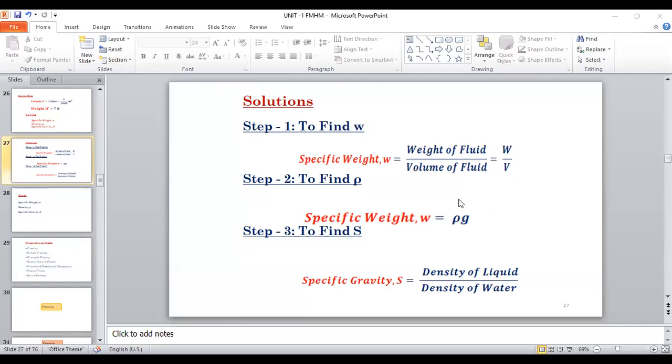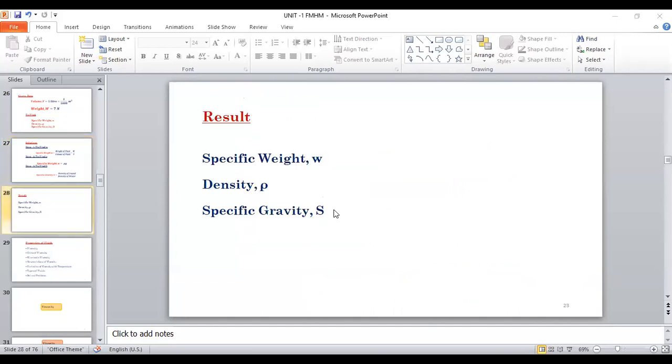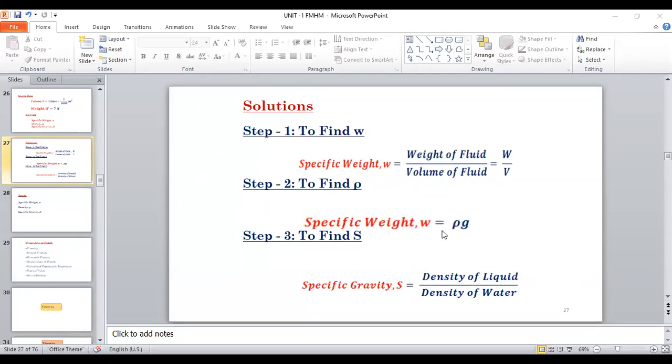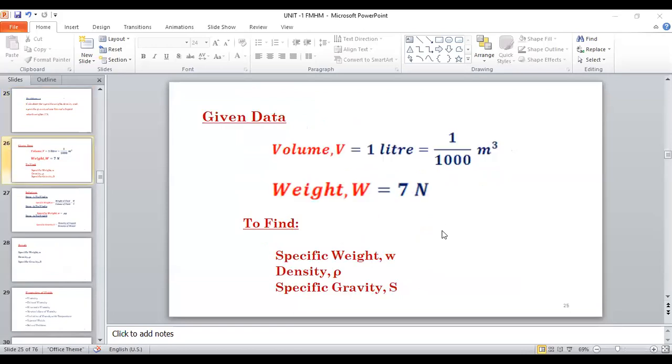Okay, already you got the density of the liquid here. What is that? 713. So write down here 713 point something divided by 1000. So you will get your specific gravity, 0.71. Okay, what are the units for specific gravity? No units. Very good, because it is a ratio of the same unit, nothing but density by density.